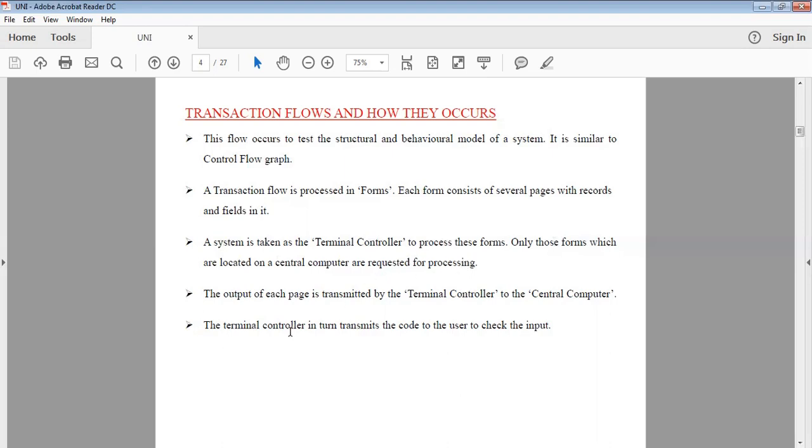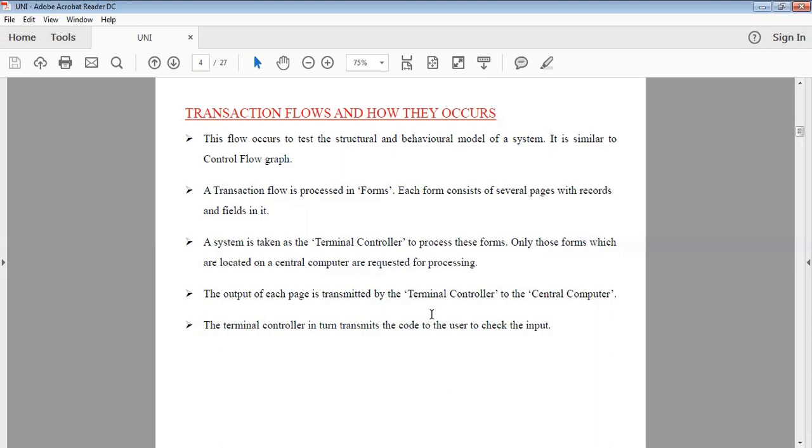Okay, the output of each page is transmitted by the terminal controller to the central computer. Whatever process is done in the forms located in the central computer is sent to the terminal. The terminal processes it, and after the process is completed, the terminal controller again sends the output to the central computer.